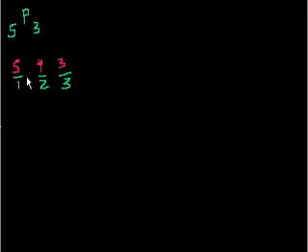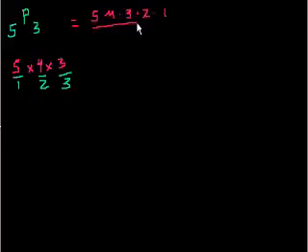So the total permutations, the different ways that people could sit in the different chairs, if we cared about the order, if we cared about which chair they were sitting down in, it would be 5 times 4 times 3. And another way of thinking about that, 5 times 4 times 3, that's the same thing. That equals 5 times 4 times 3 times 2 times 1 over what? Over 2 times 1. Right? And that's the same thing as 5 factorial